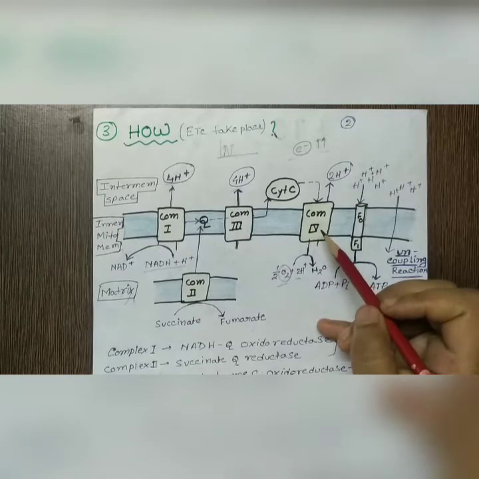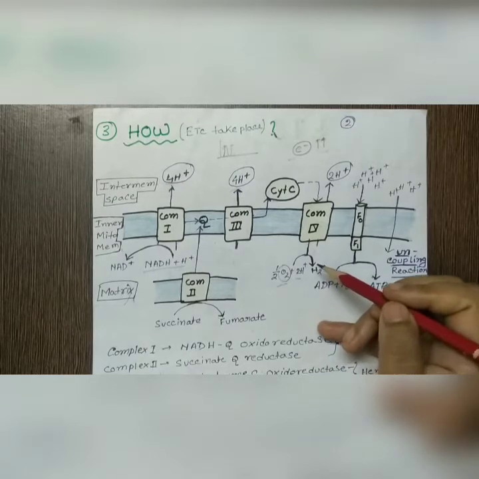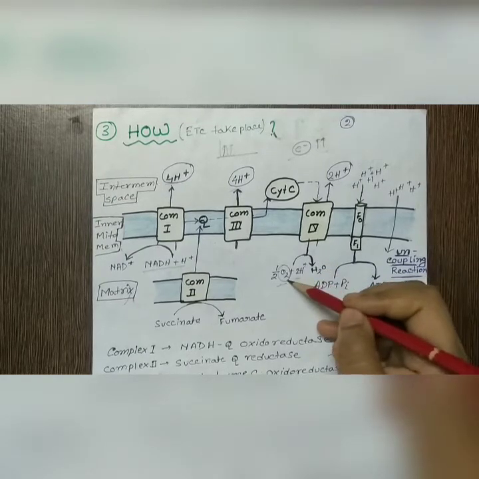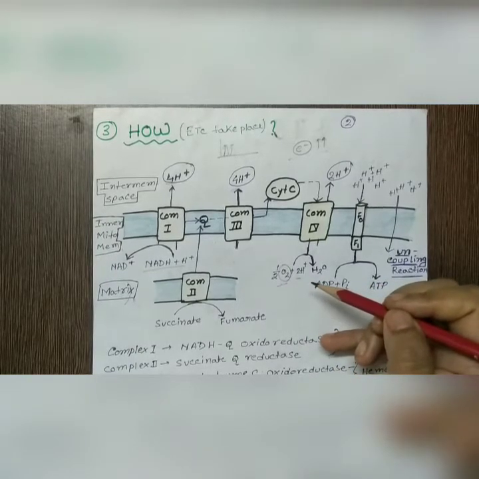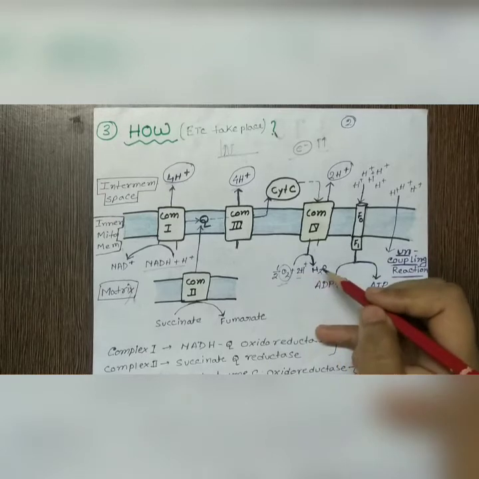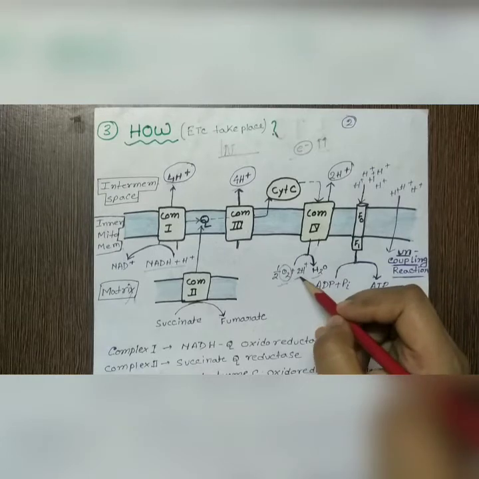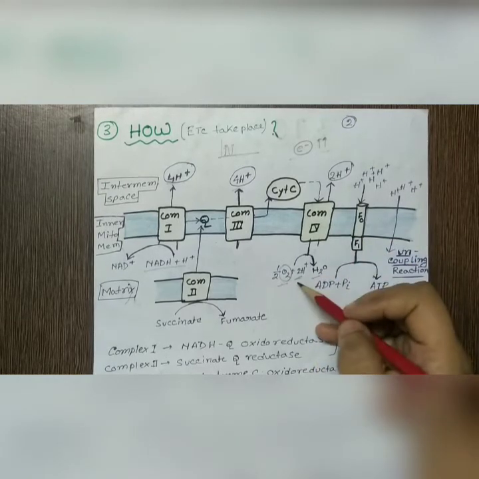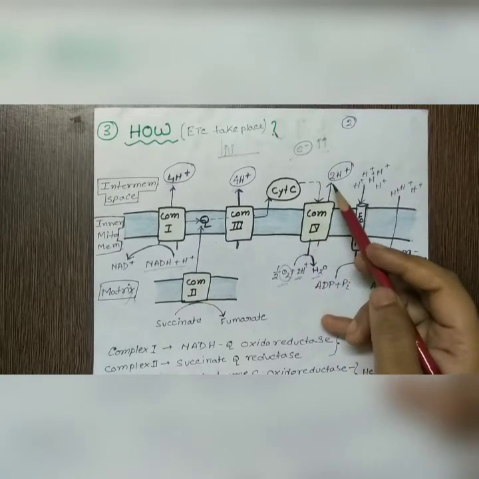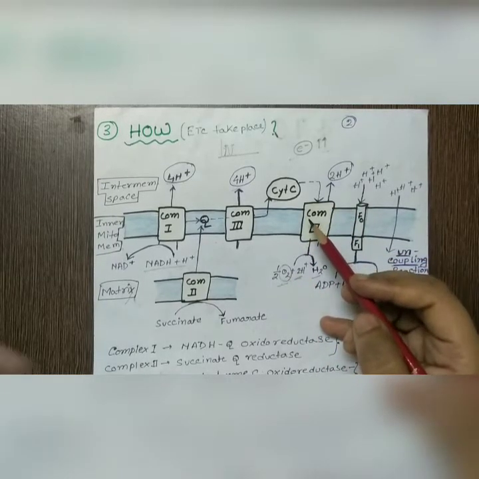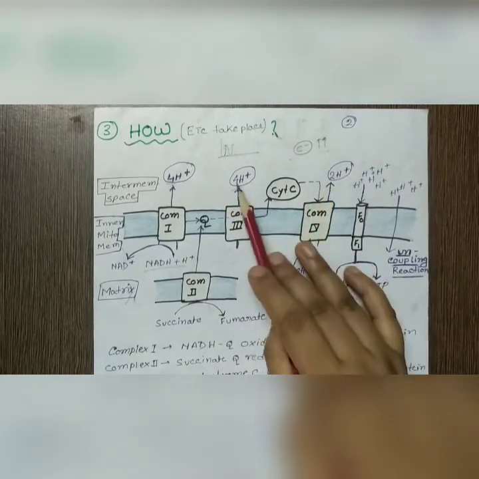I also want to be stabilized. So what it does, it actually extracts 4 protons from the matrix, but oxygen says, oh, 4 protons, no, please give me 2 protons, because I need them for the formation of water. So it says, okay, you take 2 protons. When it gives 2 protons to the oxygen, the other 2 protons it throws back into the intermembrane space, right? So a total of 10 protons are collected in the intermembrane space.